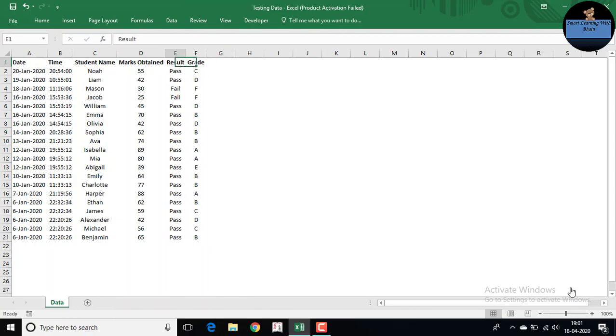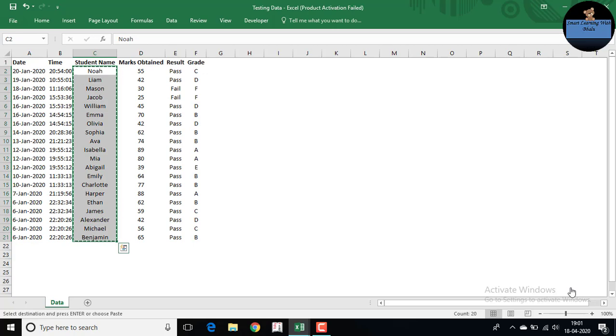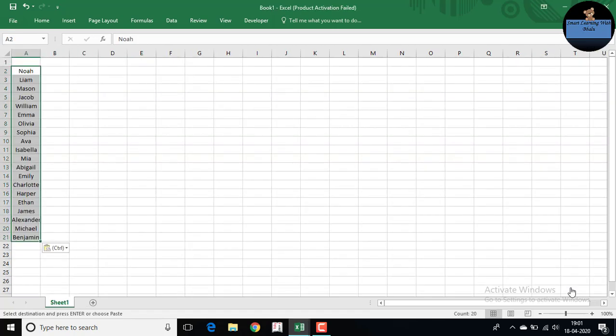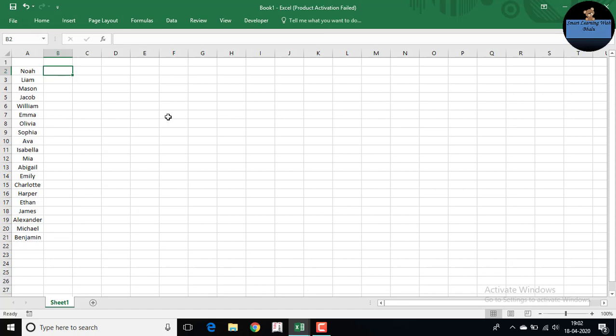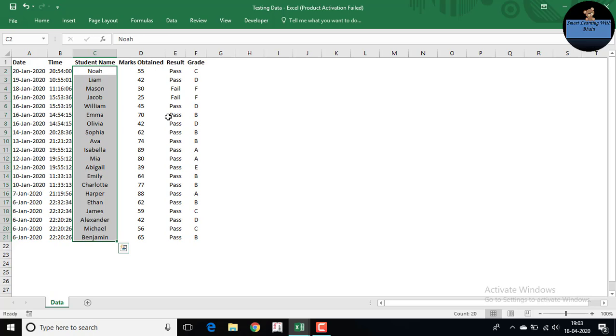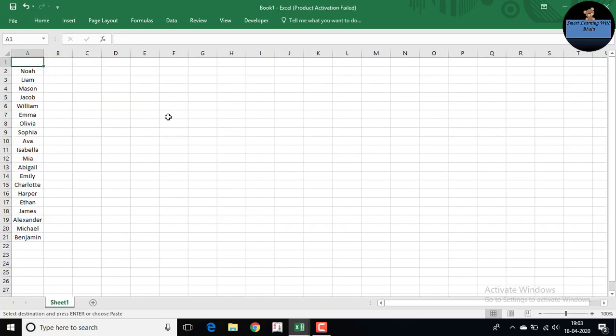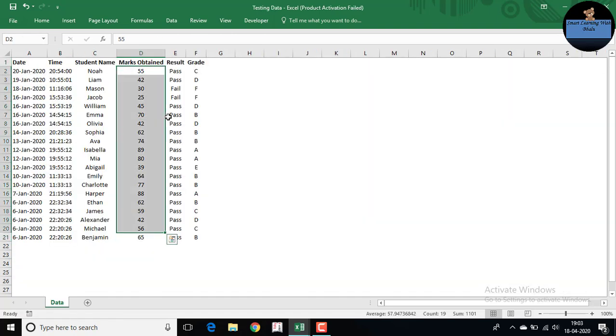Let's say you have data; I go to a new tab. Let's say you have a student name here, so I'm just copy-pasting this here. VLOOKUP functions on any data which is unique. This is the student name, and I have the marks obtained here. We have 20 records here. In reality you might have 1000, 10,000, 20,000, or 15,000 records. In that case, you cannot do everything manually, so VLOOKUP is used.